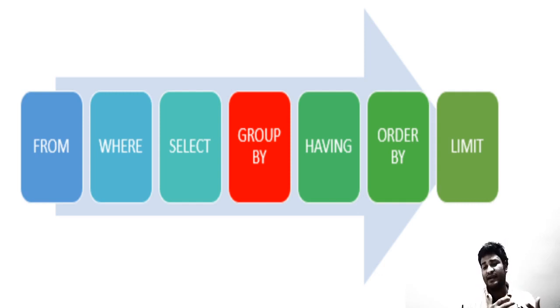Then after that it will order it, it will sort it. It will not sort before group by, it will not sort before where. There is a process in which all things are done, and this picture behind me shows how exactly this is done. I have picked up this image from mysqltutorials.org. Again, my tutorials are based on two websites: one is mysqltutorials.org and second the MySQL official website itself.